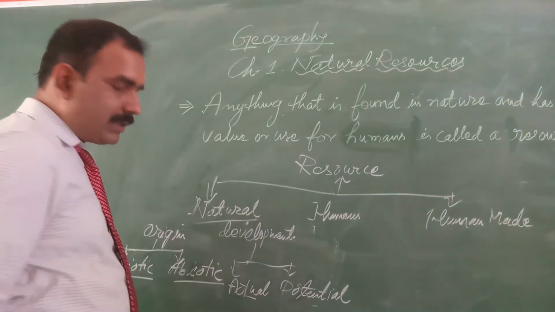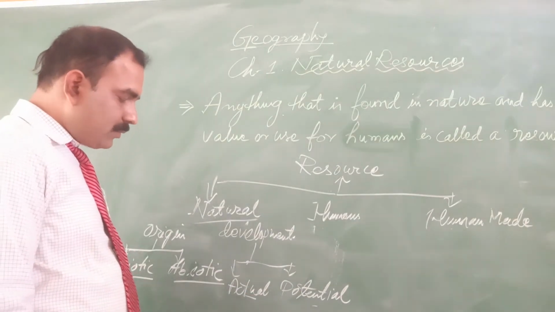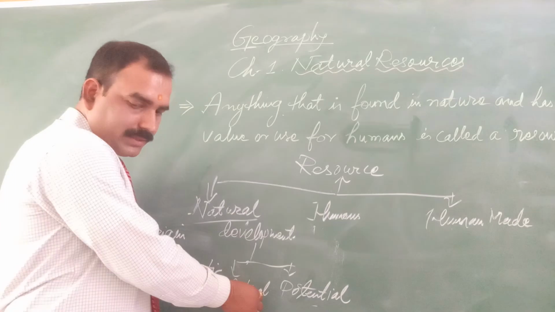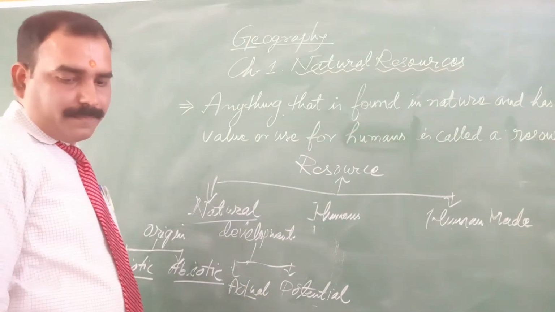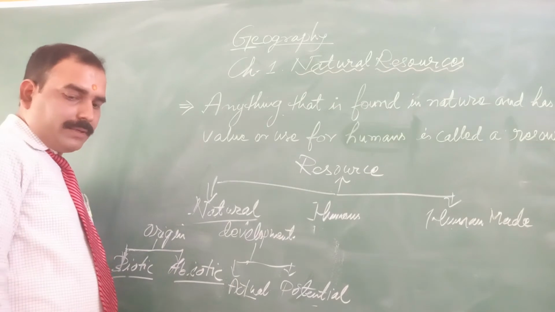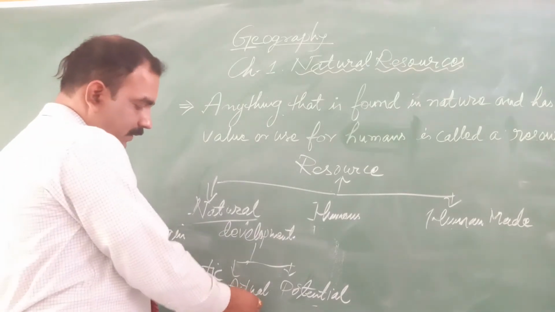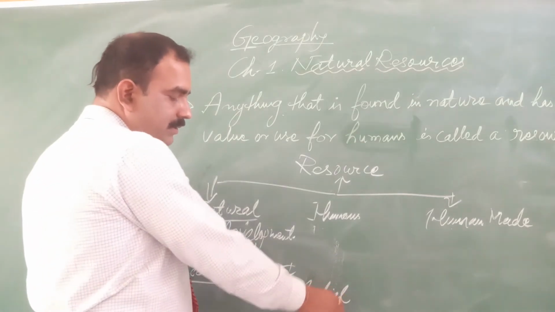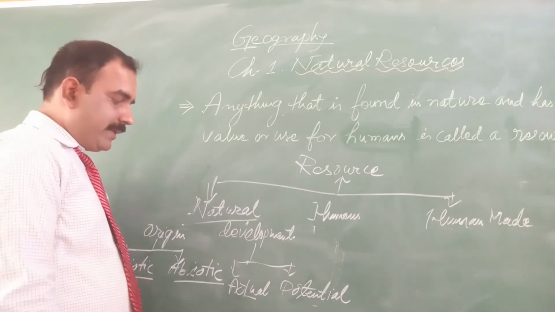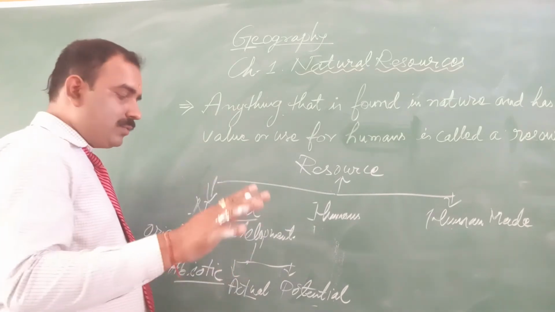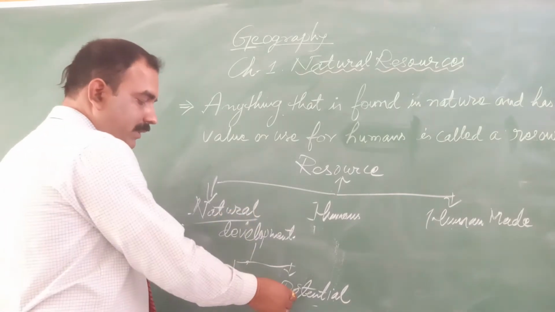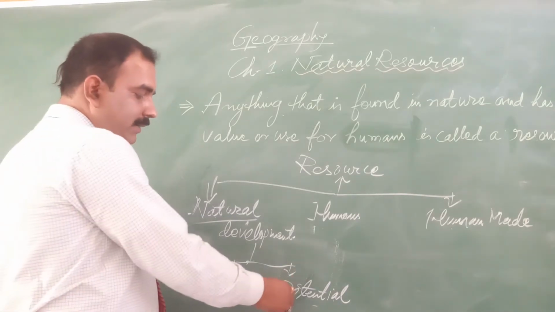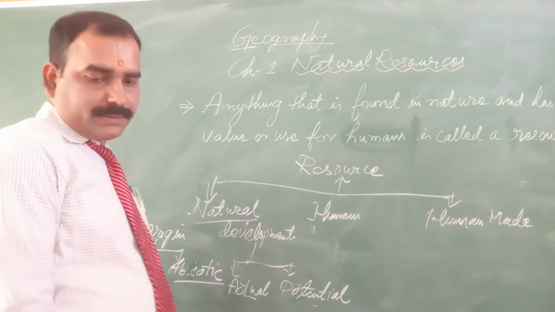Whereas actual resources are resources whose quality and quantity are known to all of us. Examples of actual resources are oil reserves, hydroelectricity or hydropower, or deposits of iron. On the other hand, potential resources are resources which exist but are not used yet. For example, waterfall, wind and sunlight are examples of potential resources.